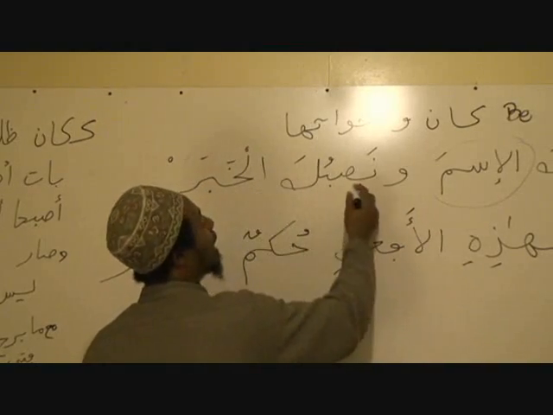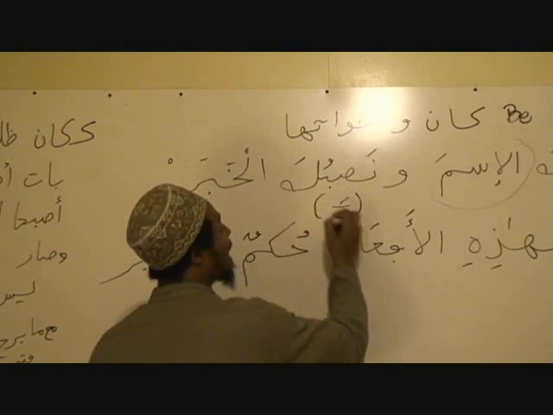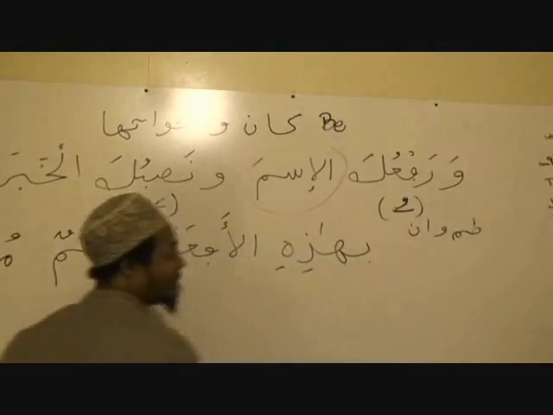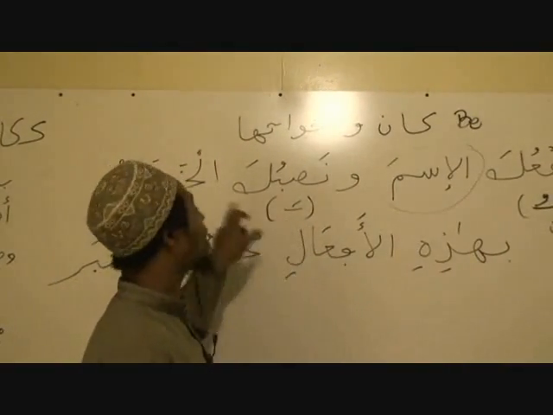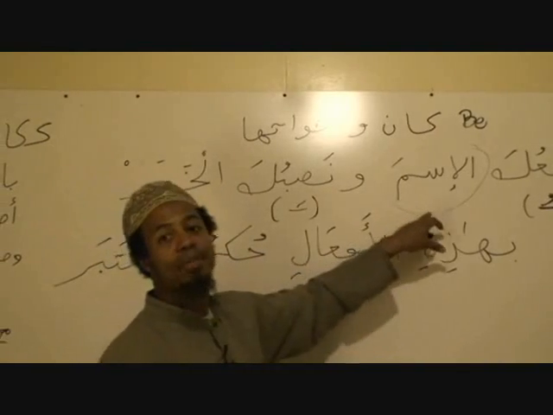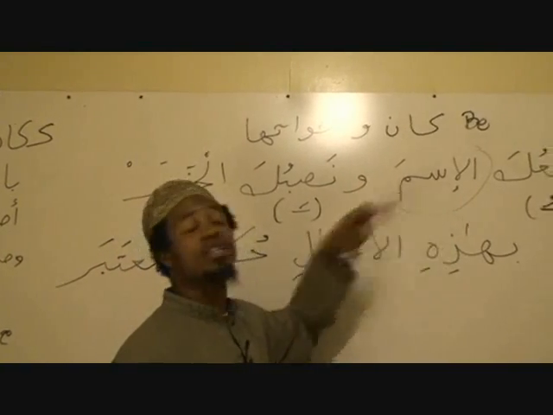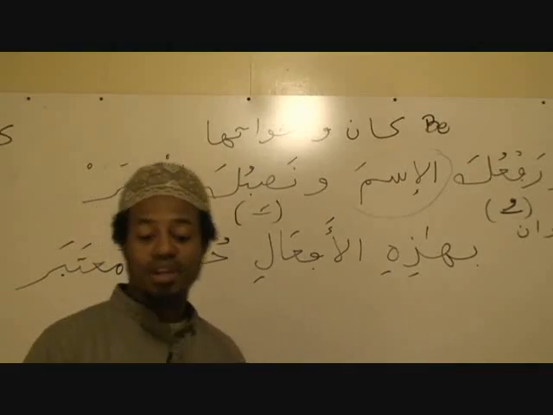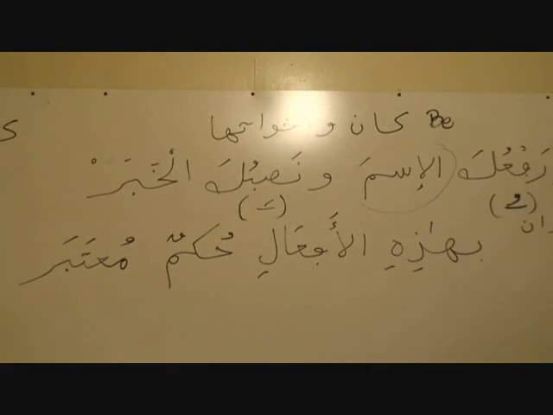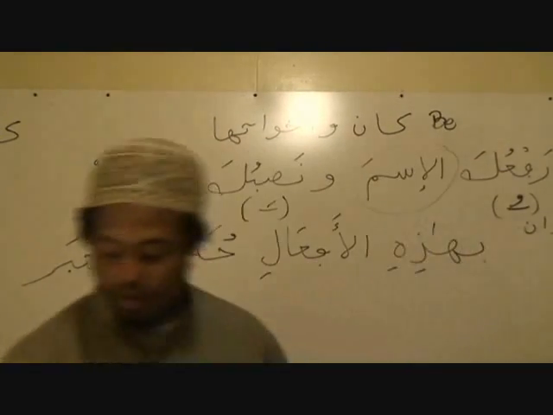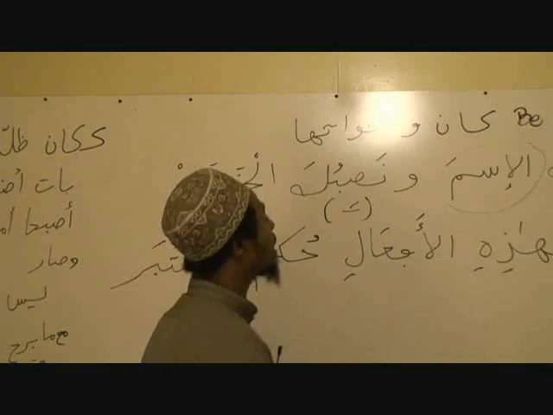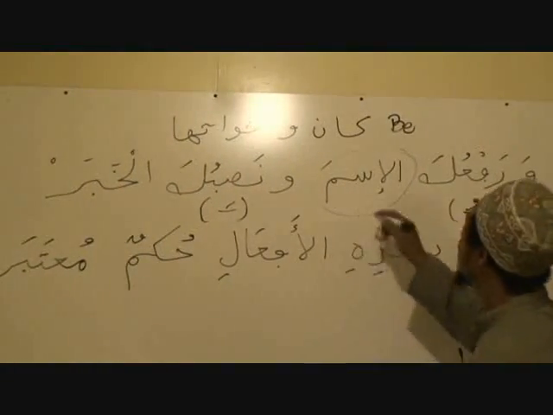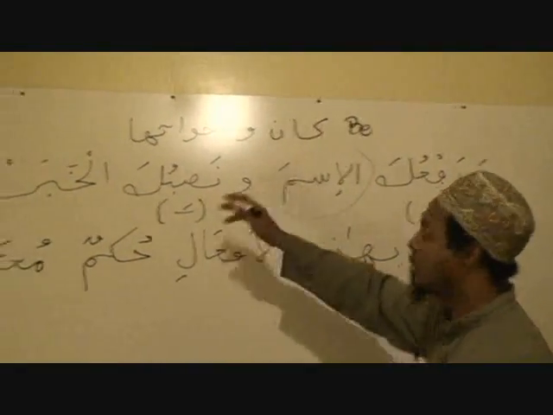وَنَصْبُكَ الْخَبَرِ. And nasbuka is making something fatha or what comes in place of a fatha. So وَرَفْعُكَ الْإِسْمَ وَنَصْبُكَ الْخَبَرِ. The khabar is the information about the ism. For an ismun is a word, a kalimatun dalat ala ma'na fi nafsiha wa lam taqtaran bil-zaman. So what we have to remember is that a khabar is the information about the ism. All right? Now, بِهَذِهِ الْأَفْعَالِ, with these verbs dealing with the raf'un and the ismun and the khabar,